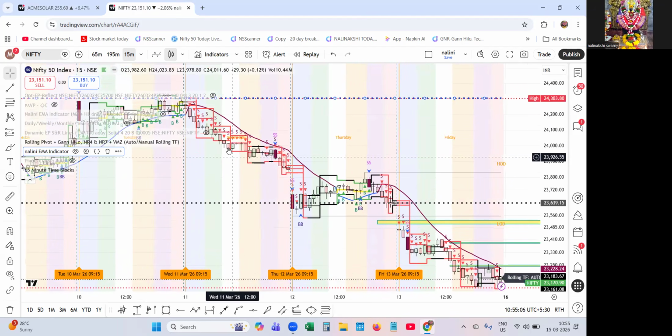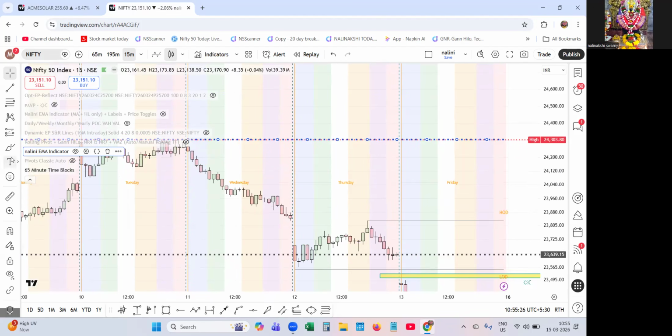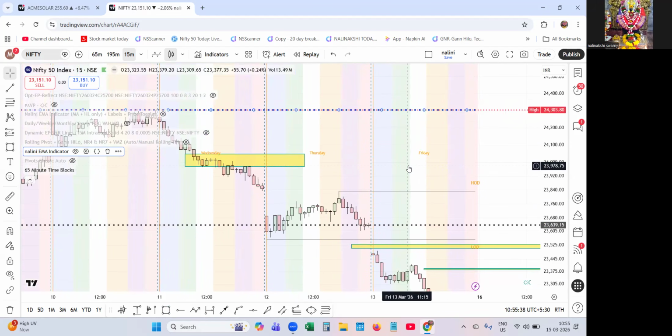It is Wednesday. On the Wednesday, the entire range, you can see the mid 65-minute cycle. Let me hide the rolling pivot, reversal magic, temporarily. See, let me put this. The price started moving down and it becomes a reference point. Suppose you are an option writer, it's beautiful. Or you can enter into a